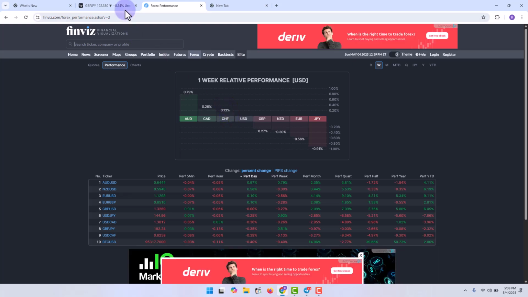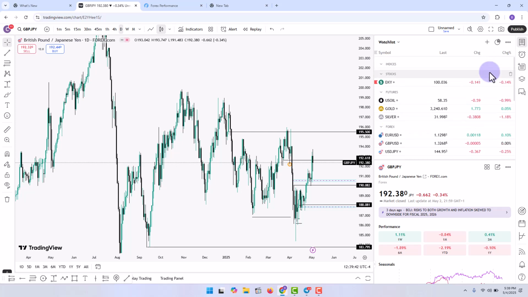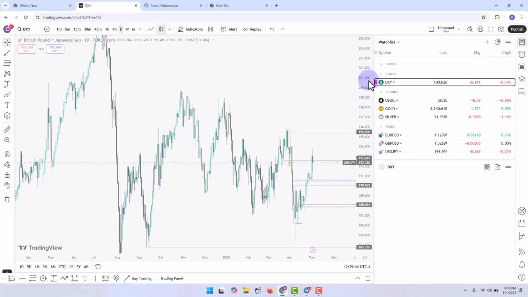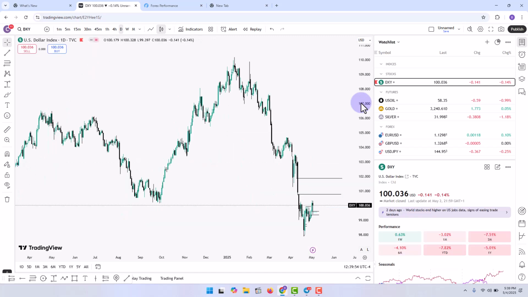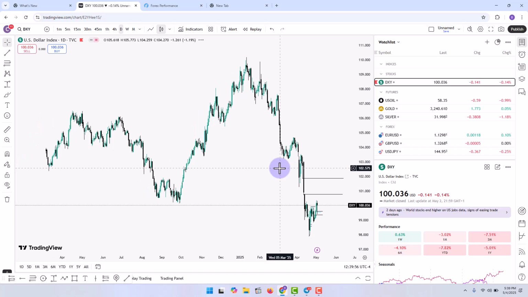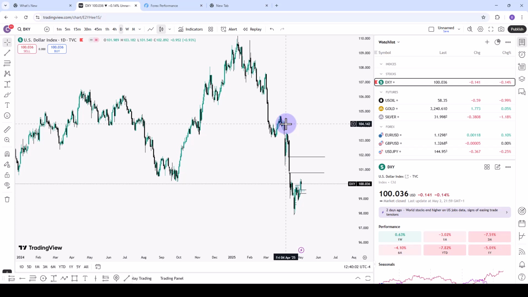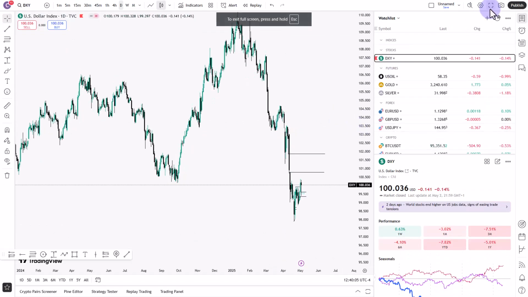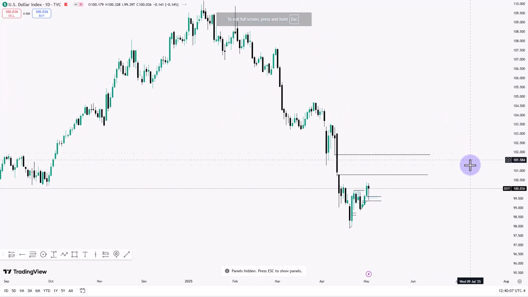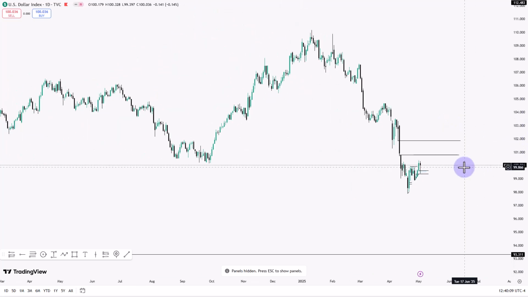My friends, this is how to pick out the most volatile currency to trade during the course of the week and during the course of your trading day. So as the market opens on Monday, we're going to be looking at Finviz to look out for what currencies are going to be doing better during the week and as well during the day that we're trading. Then we use this to select the currency to trade for the day,